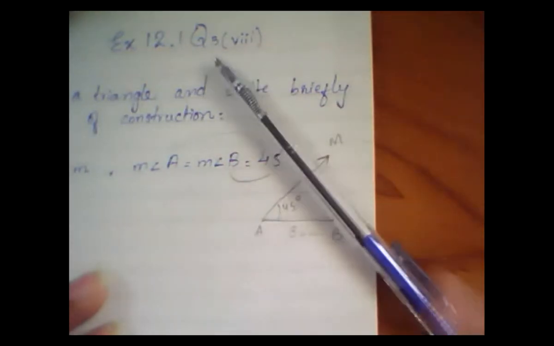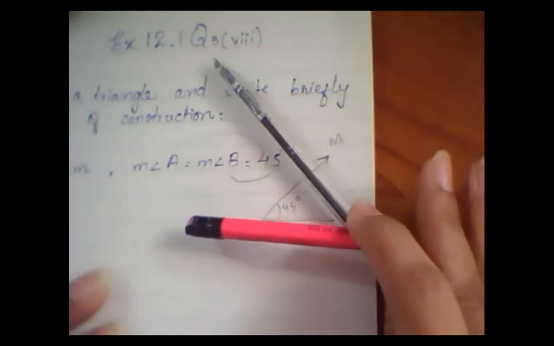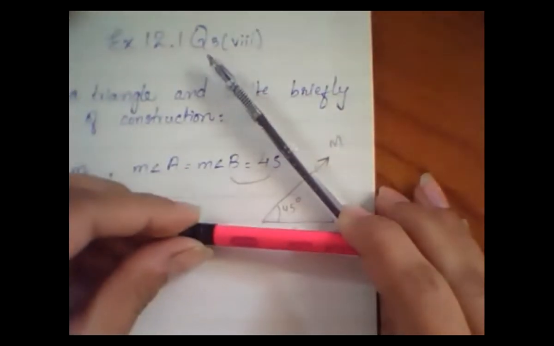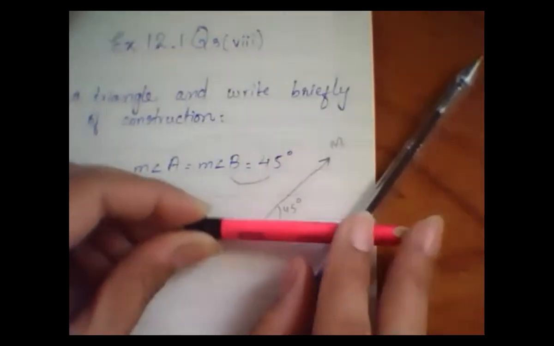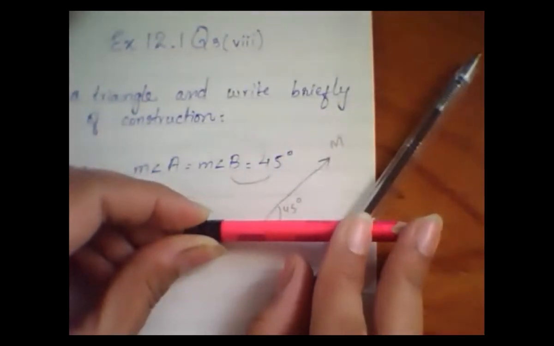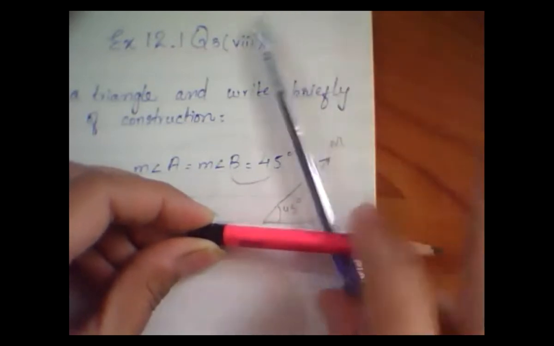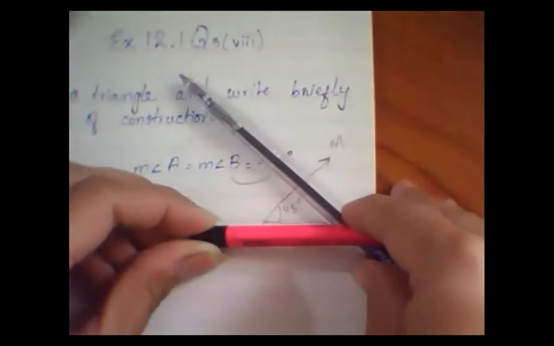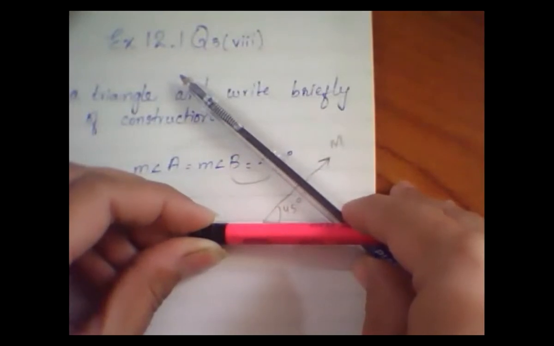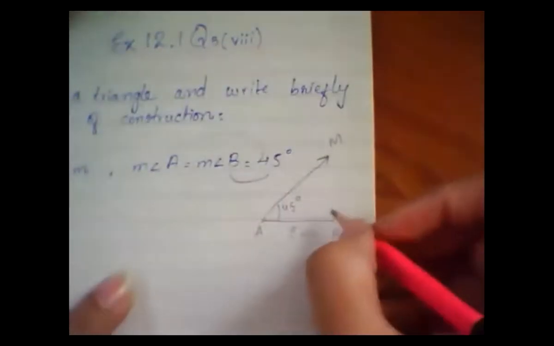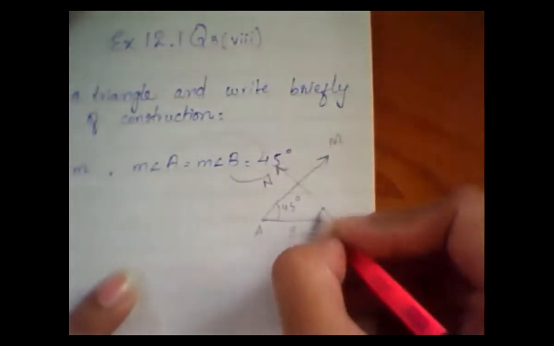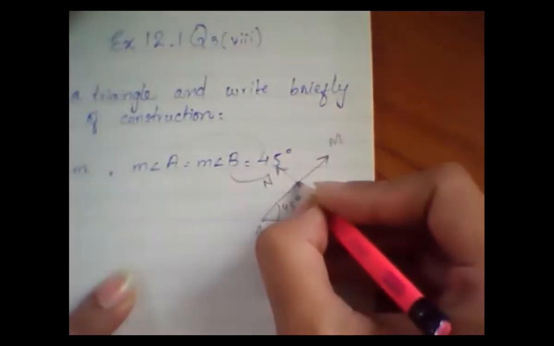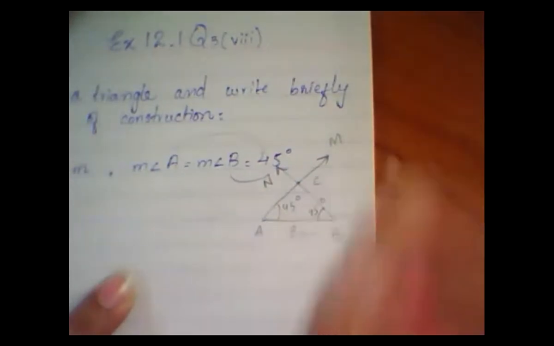Okay, because here if the acute angle is there, the acute angle will be like this, less than 90 degrees. If I draw an acute 45 degree angle, I have selected the outer scale, so I'll get it like this. It is an obtuse angle. So we have to make an angle less than 90, that is 45 degrees over here. Here we can draw a ray. Let's mention the name N over here. So here this intersecting point gives you C.